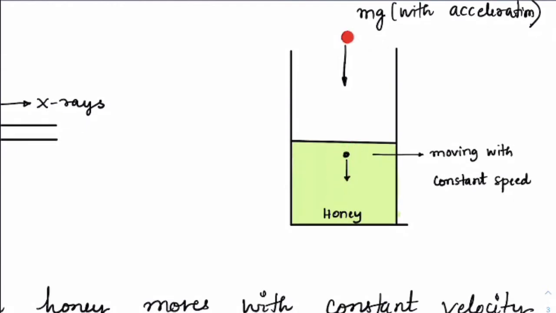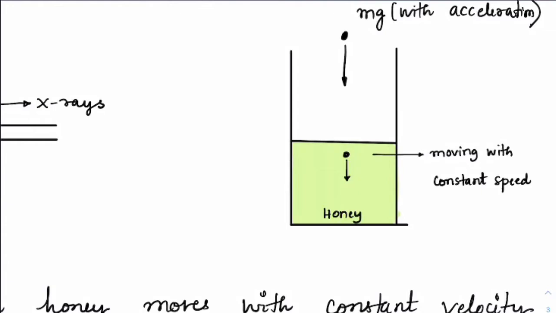Okay, first drop it from a distance. As it goes down, first it catches with some acceleration, but once it reaches the viscous solution, which is honey, after some time it would start moving with constant speed. Got it? And this is the nature of every particle. If they are under a viscous region, they would attain a constant speed.